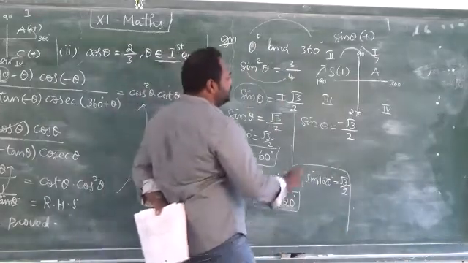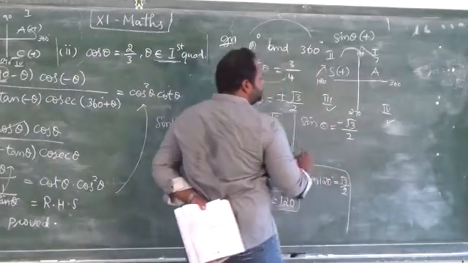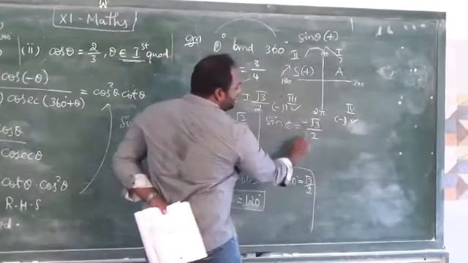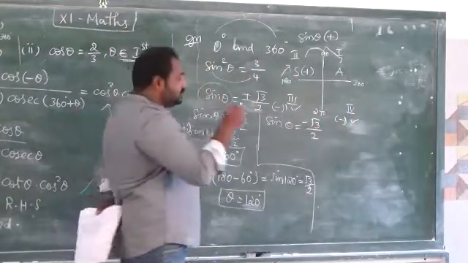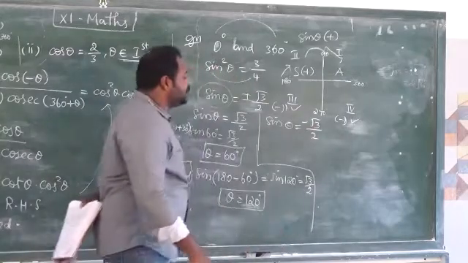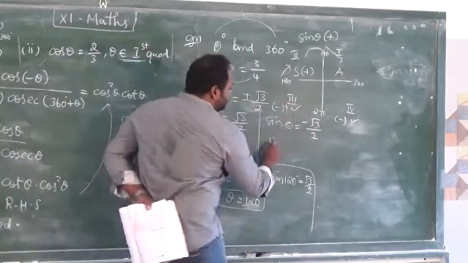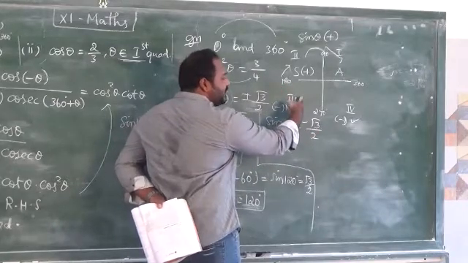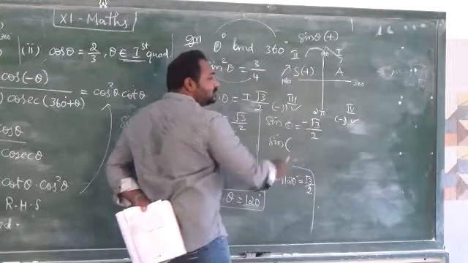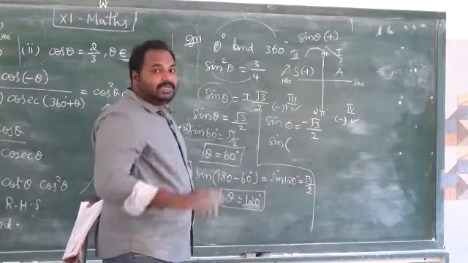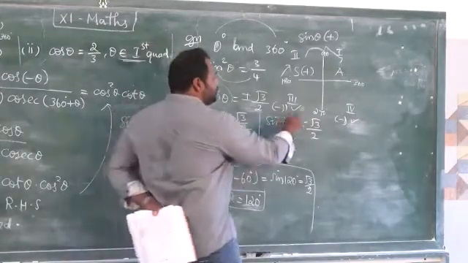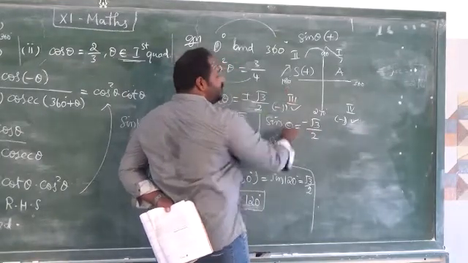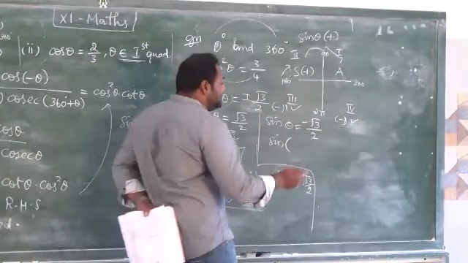Next we can go for the third and fourth quadrants, because the sine value is negative in the third and fourth quadrants. So here also we have negative value. Using these two quadrants we are going to find the theta values. In the third quadrant, how can we take? We have 270 minus and 180 plus. I am not going to take 270 plus, because if you take 270 plus, it will change the ratio. I am going to take 180 plus. If you take 180 plus, it won't change the sign.